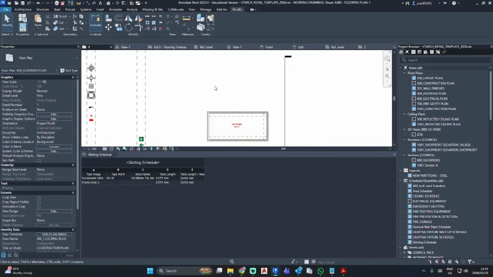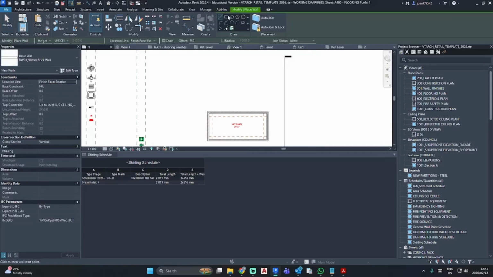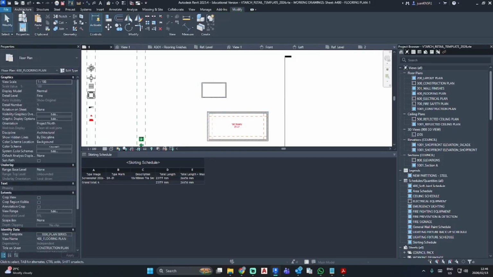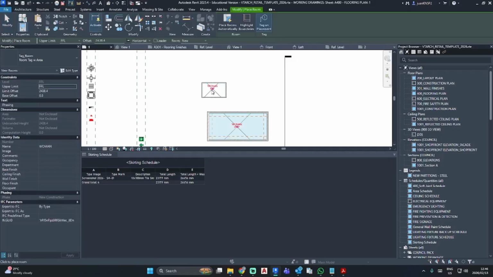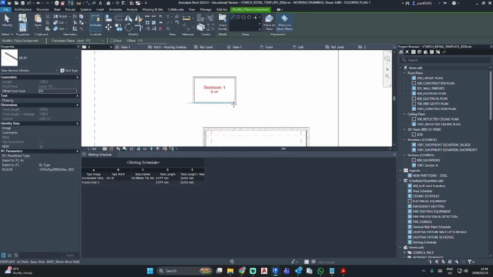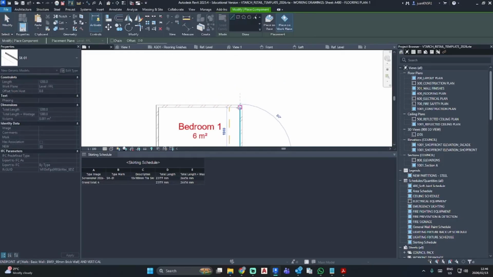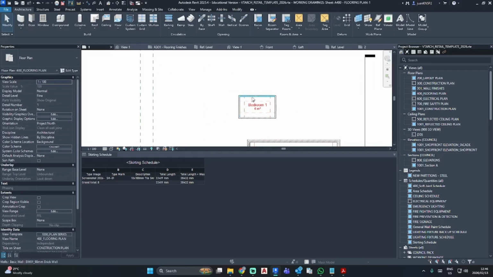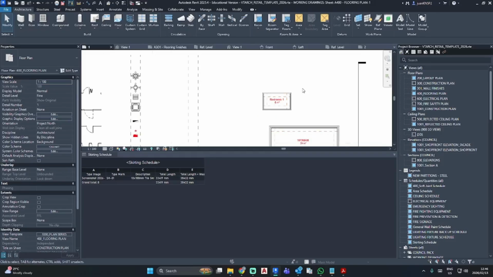So for instance, I'm going to recreate another little room over here. I'm going to tag it and I'm just going to call it bedroom 1. And I'm going to reuse my tile skirting. For instance, this house has the entire same skirting throughout. So there we have bedroom 1 with 4 as well.